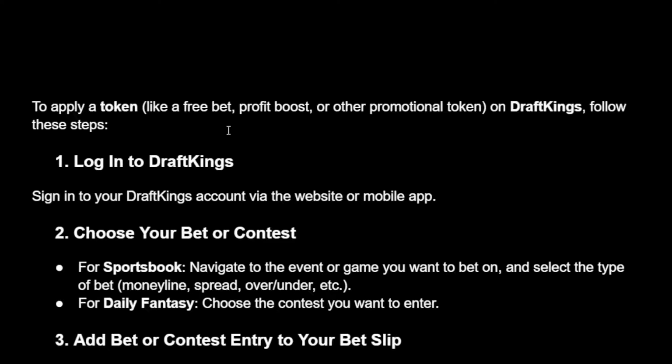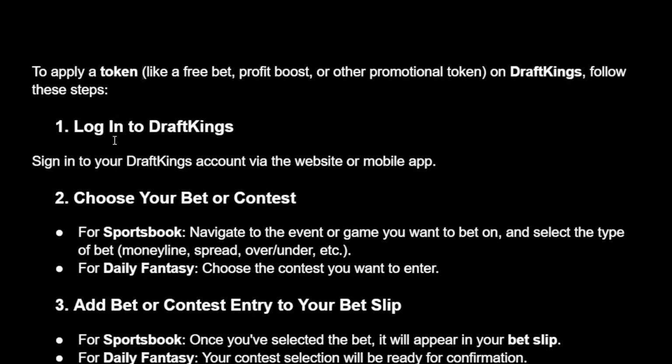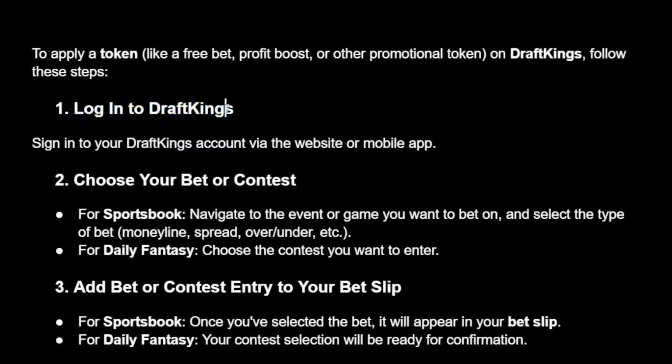How to apply a token on DraftKings. If you want to apply a token like the bet, profit boost, or the promotional token, you want to follow these steps. You want to log into your DraftKings account via the website or the mobile app, and